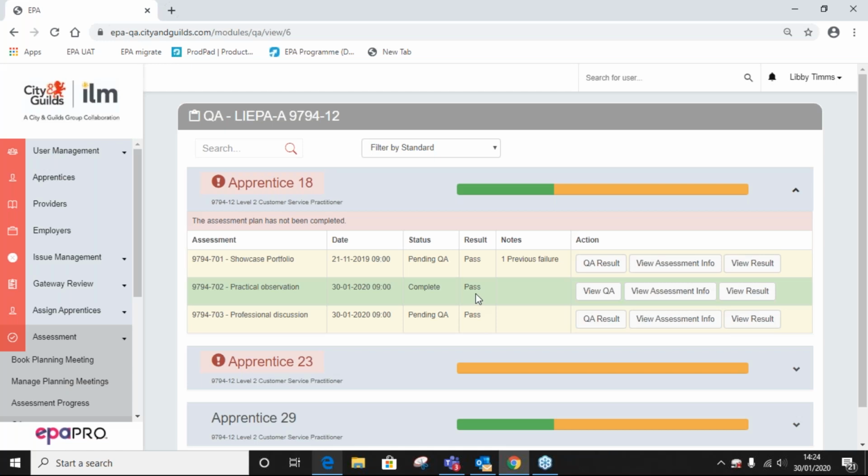Ideally, as I've said, and this is the way that we envisage the portal and platform will evolve, we won't need to go into SharePoint. There will be a place on EPA Pro for those assessment documents to be stored. So there's no need to shift from one system to another. It's all in the same place. The reason we can't currently do that is EPA Pro, if we put documents on there at this point, it's shared with the customer. And those assessor forms are not to be shared with the customer. Does that make sense? Yeah.